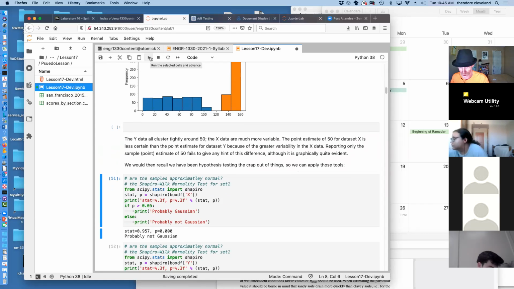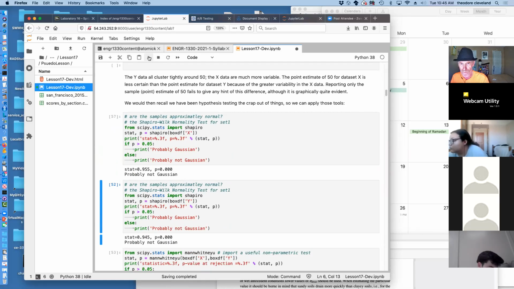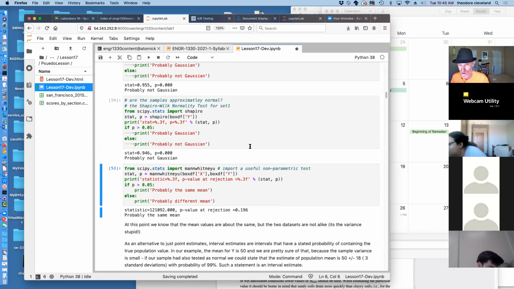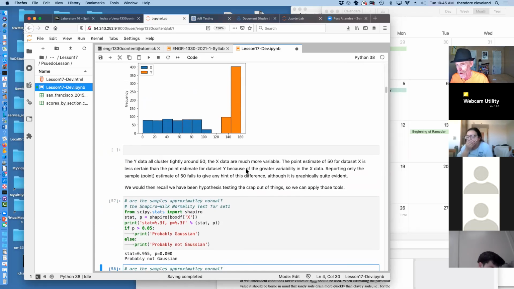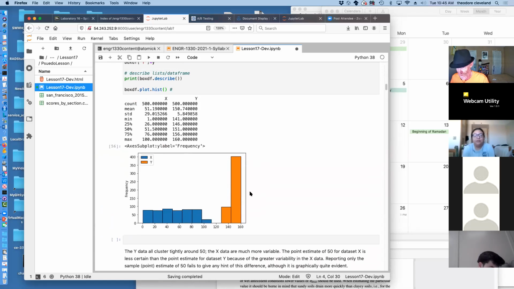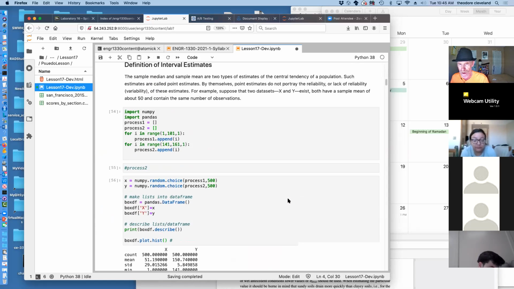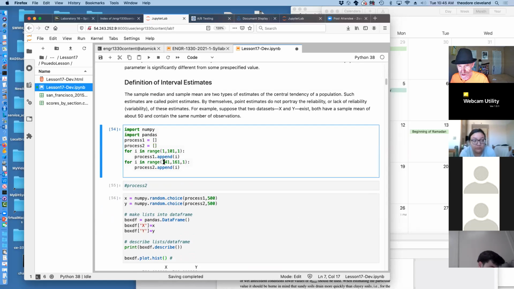Those words are no longer correct. We still get probably not Gaussian, probably not Gaussian. And now I expect it to tell us that the mean values are not the same. Sure enough, probably different means. So our tests, more or less in this case, confirm what we can see by plotting. But if the differences aren't quite as obvious,